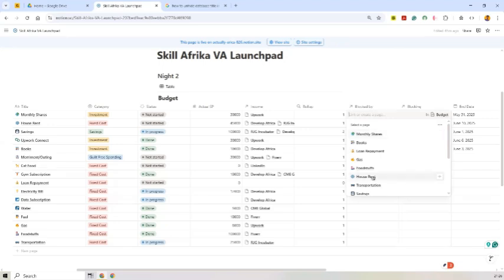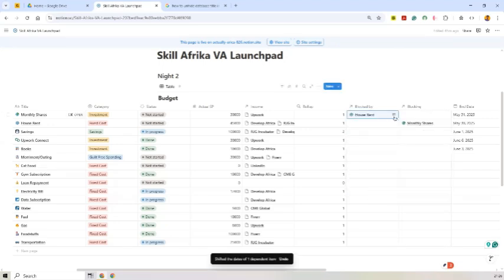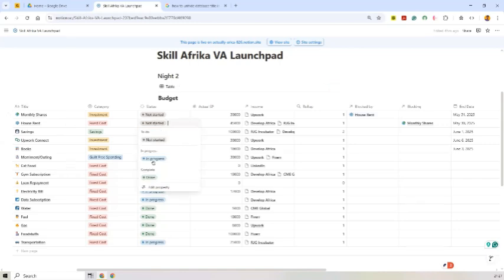I'm going to link it now to house rent. I can link more than one, but let me link just one. Now, I have linked house rent to monthly shares. So if I did not pay for house rent, I cannot buy monthly shares. Are you getting me? Now, once I click on done,